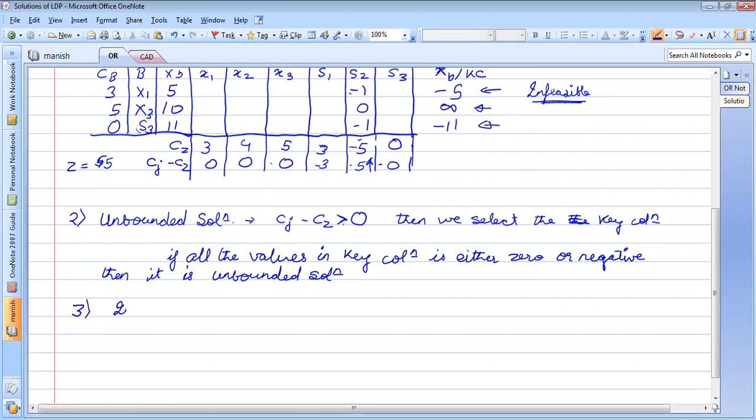Then the third type of solution is called infeasible solution.